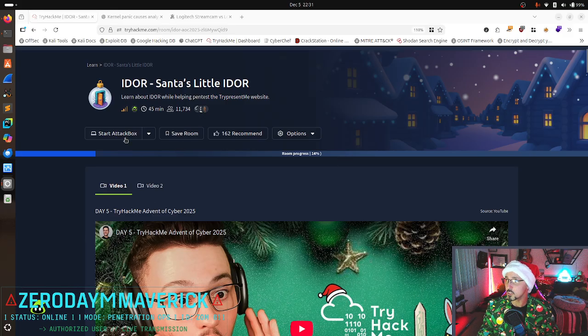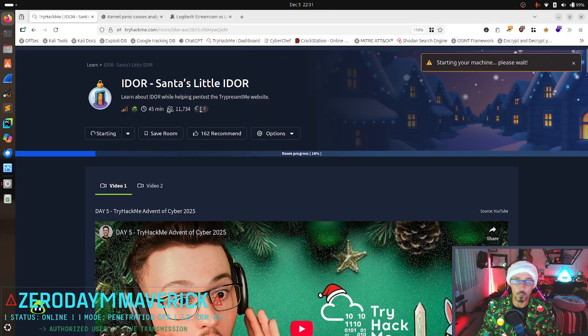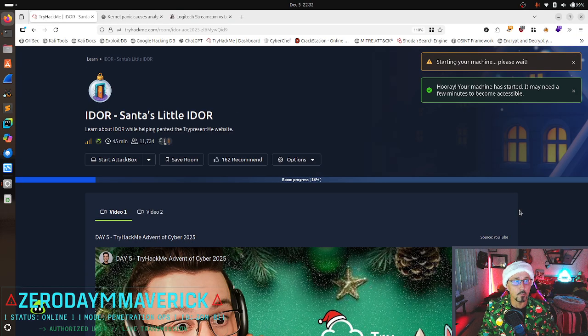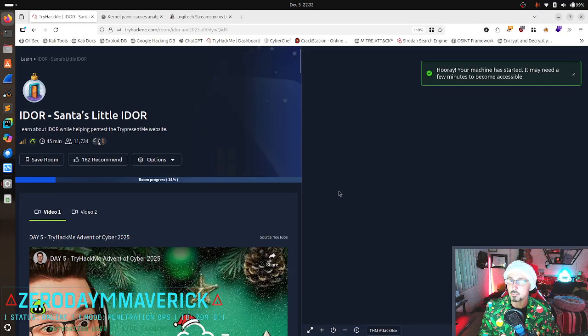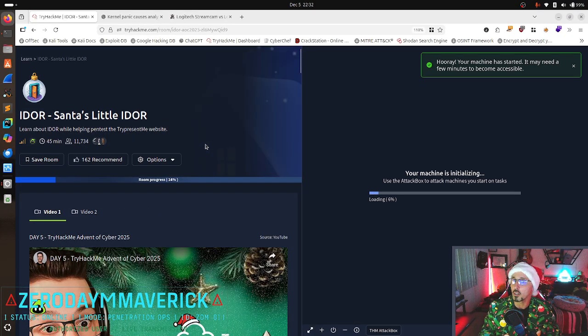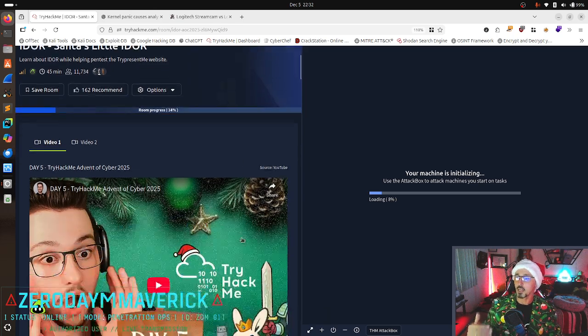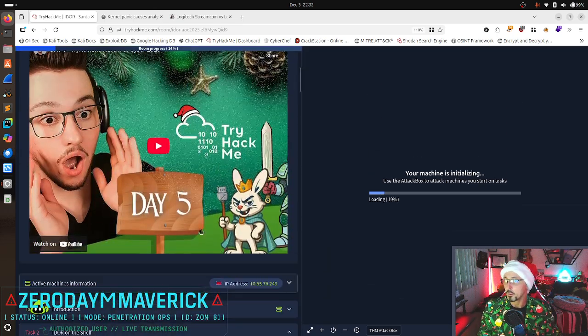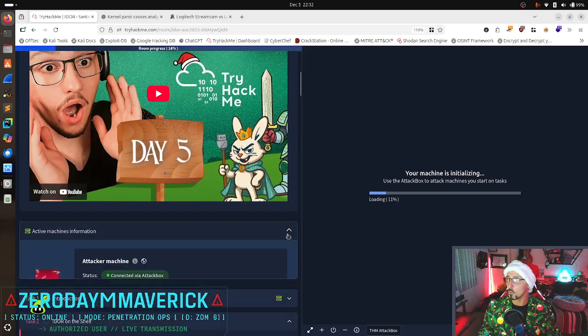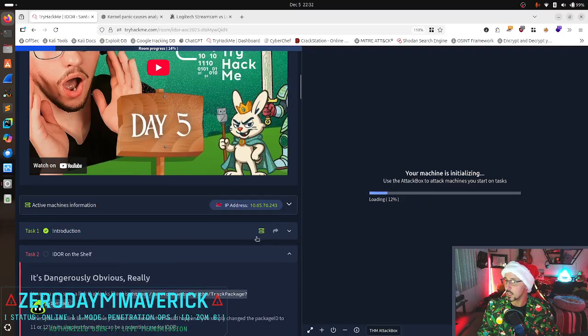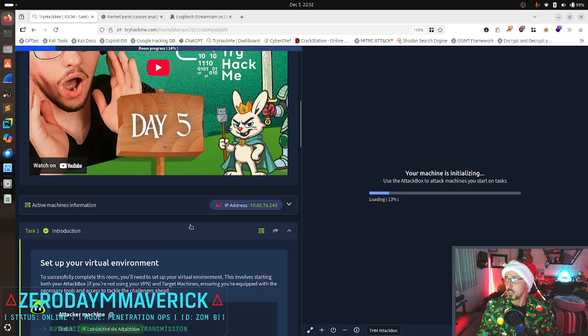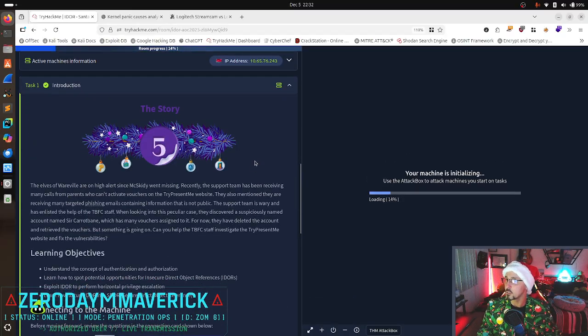So we're going to start the attack box like we did earlier, but now we have to do it again because I've had so many problems, and streaming isn't the easiest thing to do. So we're going to start our attack box to simulate the machine that we're going to be using to attack the system. Normally I'm usually a lot more in depth with some of these descriptions, but today I'm just exhausted.